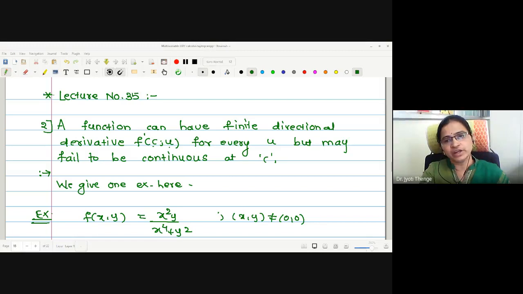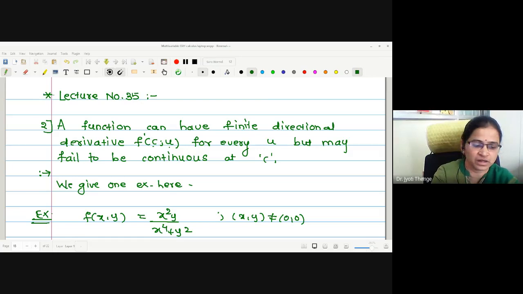No, ma'am. Whenever an ordinary derivative was extended to partial derivatives for functions of many variables, the partial derivative fails to give the continuity. That's why there is a need to find a new derivative called the directional derivative, and we have checked that the directional derivatives are also not giving us the continuity. Therefore, there is a need of one more extension of the derivative, and the concept was defined to be total derivative.